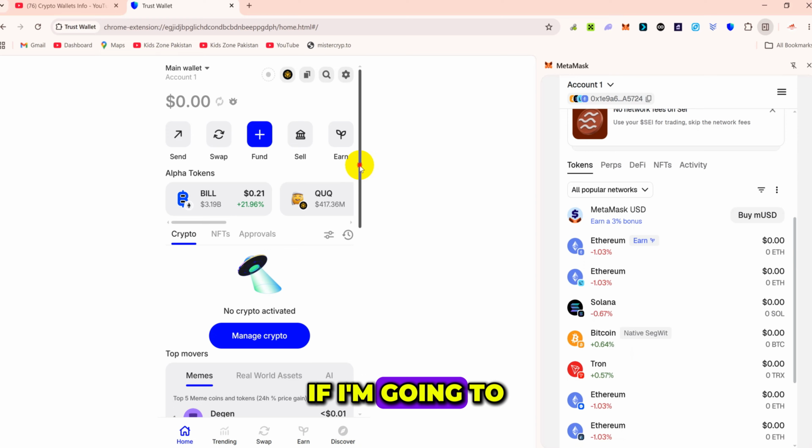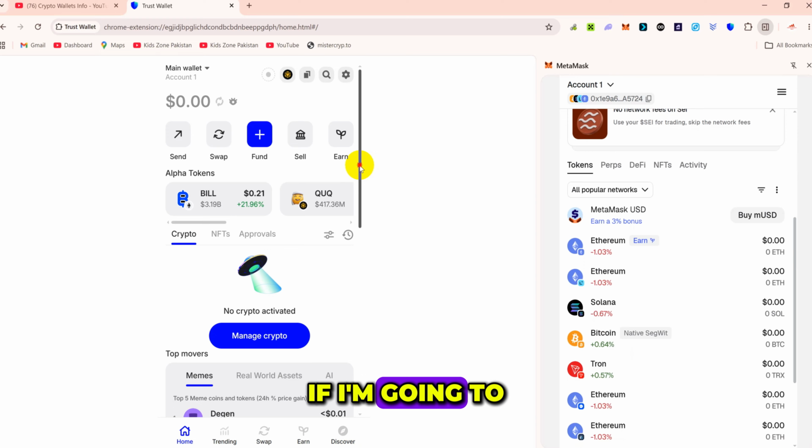It is simple: click on the settings button, click on manage wallet, and after that click on your wallet and show your seed phrases. Enter your password, the strong password you applied when you created the account. So yes, you can see my phrases revealed. Please keep in mind, don't use these phrases for your personal use because this video is only for educational purposes, otherwise your funds will be lost.